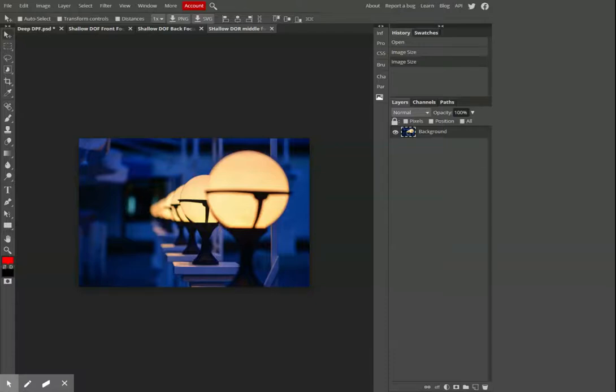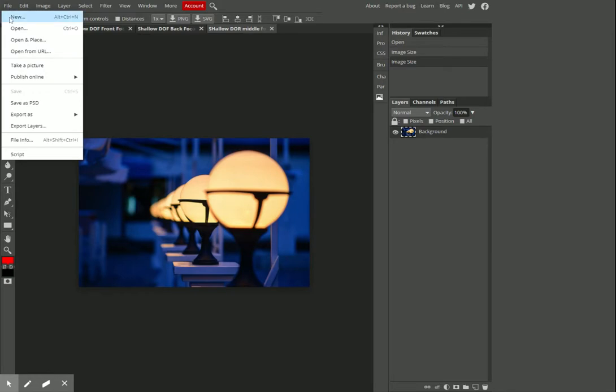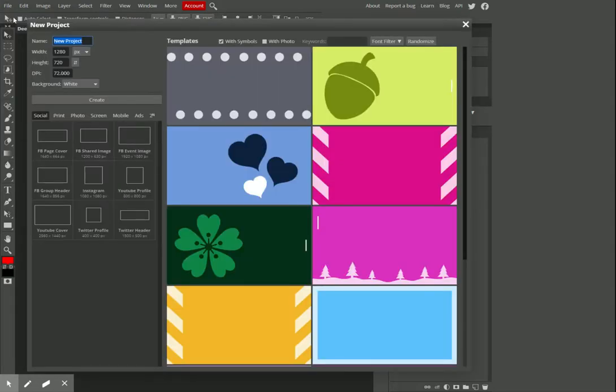All right, part 2 of how to complete your depth of field assignment. In part 1, we resized our 4 images. Now we need to create the new blank canvas on which to put these images. So just as in Photoshop, we can go to File, New, and you'll notice a bunch of blank canvases,